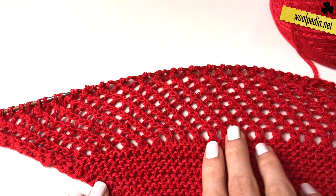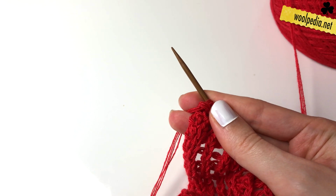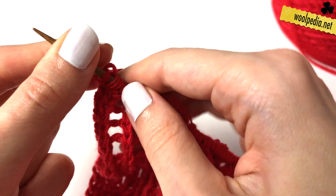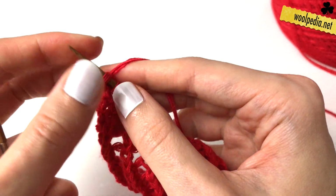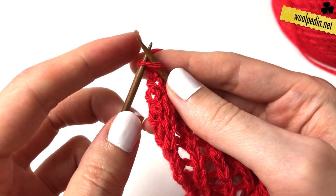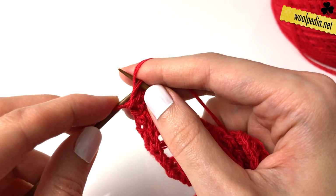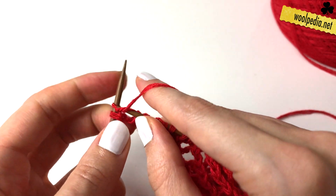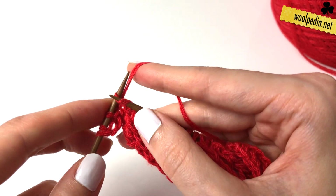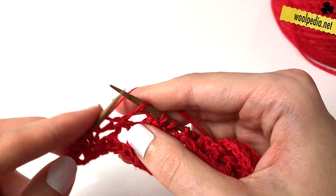Yeah, and now we're going to finish this section, and we're going to knit section number 4, and it's actually the same as section 2, but I will show you one more time. So you increase the first stitch, you knit and purl the first stitch, and then you knit all the stitches until you have 3 stitches left,